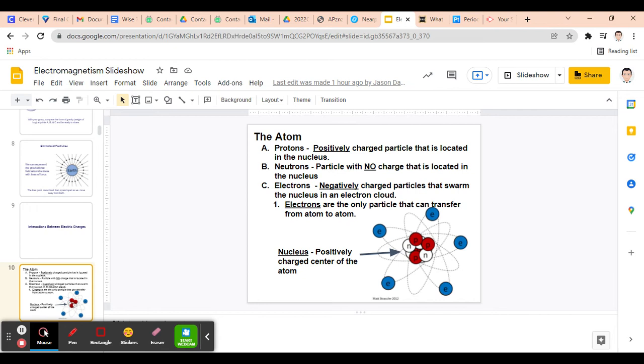The neutrons are neutral, and neutral means no charge. Notice that the first 5 letters of neutrons, N-E-U-T-R, is the same as the first 5 letters of neutral, N-E-U-T-R-A-L. So neutrons are neutral, meaning that they have no charge. They also account for some of the mass of the atom, and they're located in the nucleus or in the center of the atom. Now, the electrons, they're on the outside of the atom, and they have